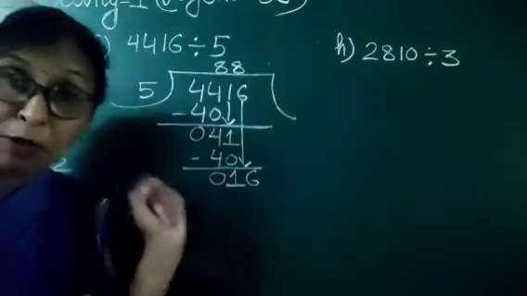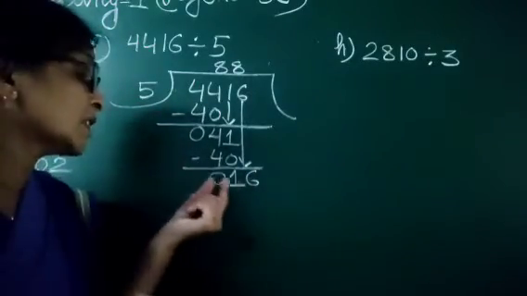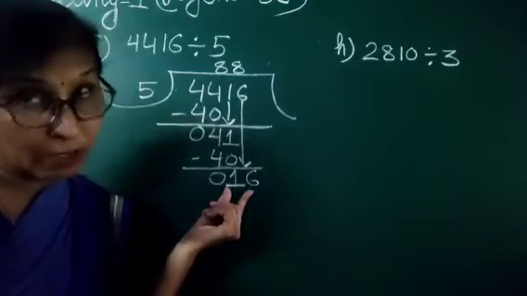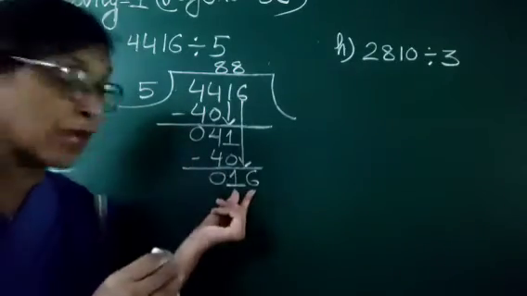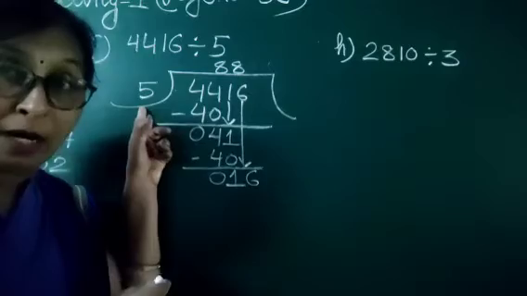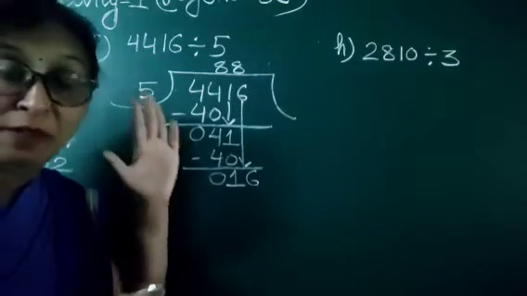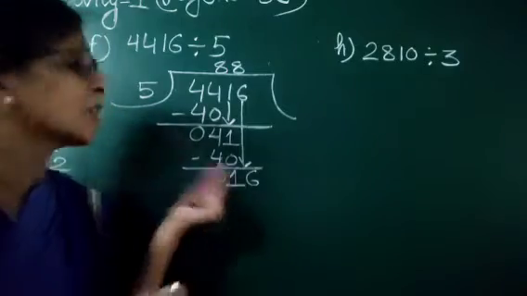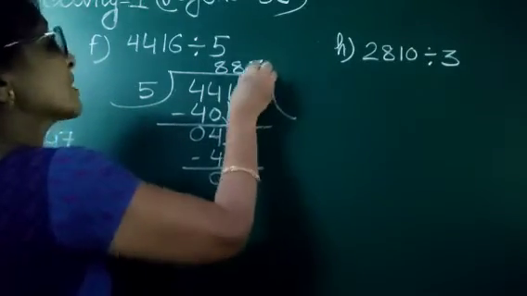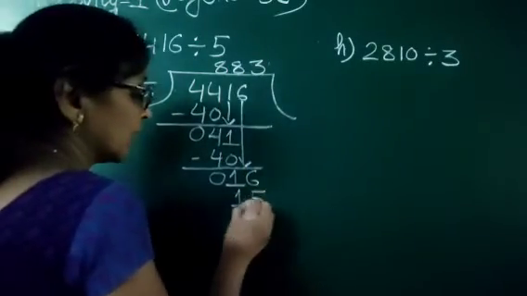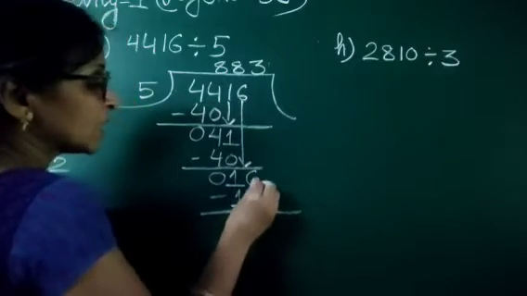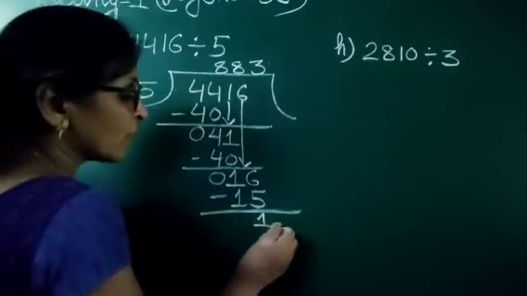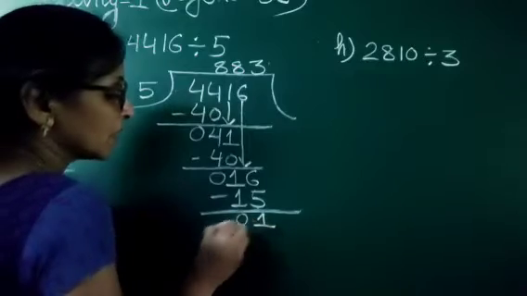Again we tell the table of 5, because we know in the table of 5, 16 does not come. So we see the number nearer to that. So tell the table of 5. 5 3s are 15, 5 4s are 20. 20 is more than that, so we choose 3 times. 5 3s are 15. Then subtract: 6 minus 5, that is 1. 1 minus 1 is 0.